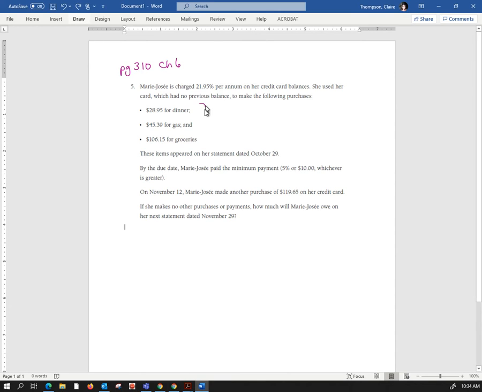Okay, our first step is that we need to total up what she has on her balance for the first statement, and you'll find that it's $180.49. The next thing that we need to do is to find out what her minimum payment is going to be. Now, 5% works out to $9.02. We have to pay whichever's higher, the 5% or the $10. So we're going to pay $10, and that gives us a new balance of